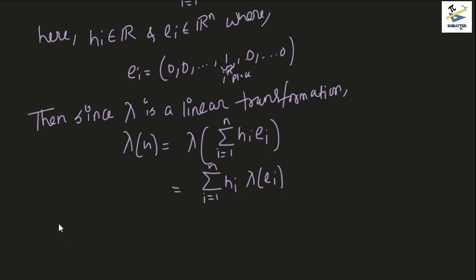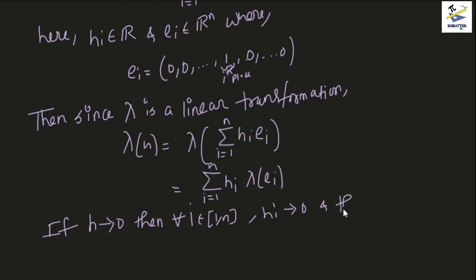Now what we can see is that if h tends to 0, then for all i belonging to 1 to n, h_i tends to 0, right? Because when the vector h goes to 0, all of its components go to 0, and therefore